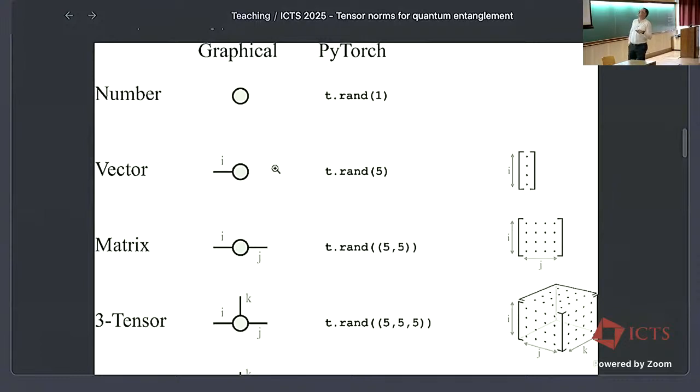So if I put an I on the leg, I just get the coordinate v_i. A matrix has two legs, I and J, so there is one coordinate here, one coordinate here. And a 3-tensor has 3 legs, I, J, K. Usually people represent 3-tensors as cubes, and sometimes they like to think of it as a bunch of matrices stacked one behind the other or something like that. So if you have a tensor of order K, you will have a shape with K legs.